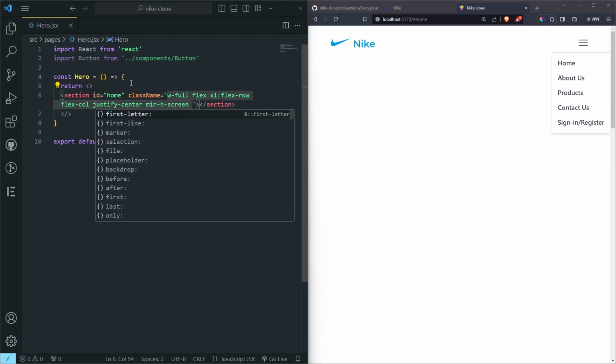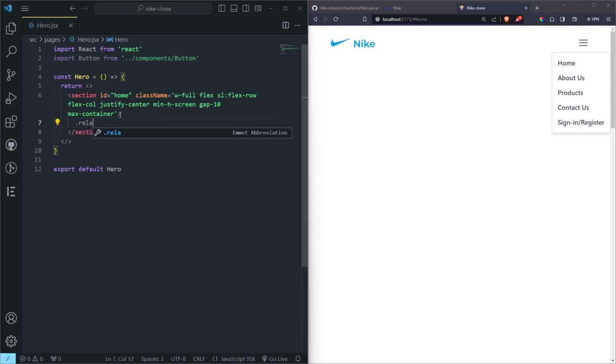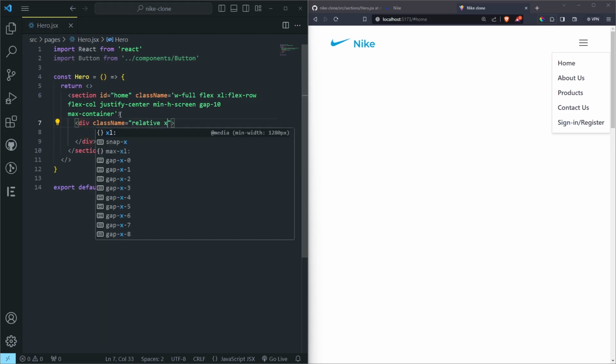And then we can do a gap of 10, and then we can give it our max container, like that. And then now inside this section we want to have a div, and this div is going to be relative, so let's do relative. And then we can also add other classes, where in extra large devices we want it to take a width of 2 to 5 of the screen, and then you can do flex, and then flex column,